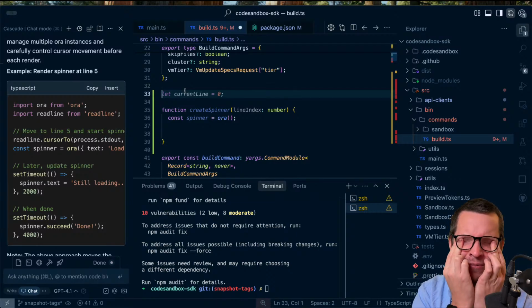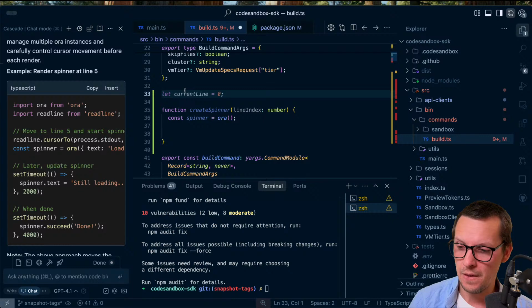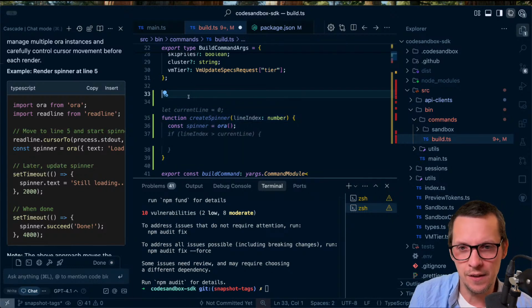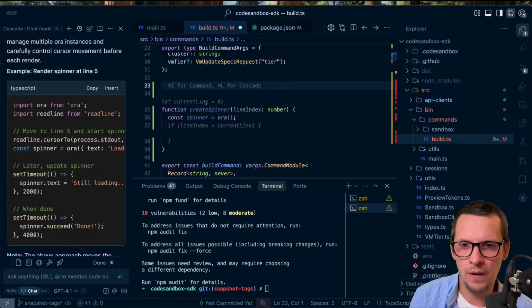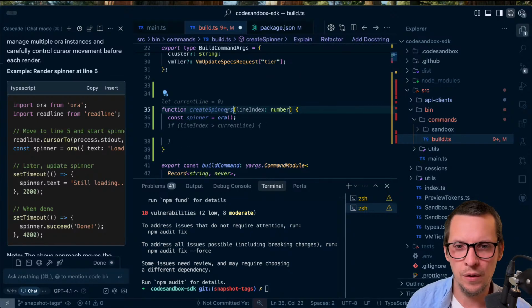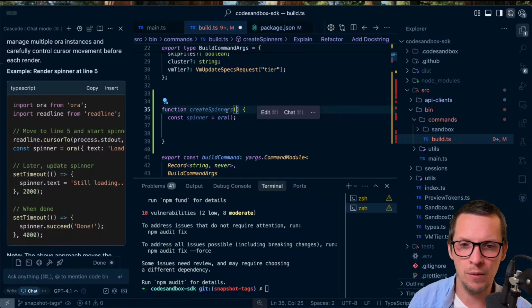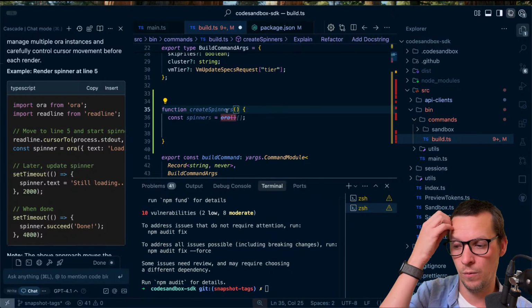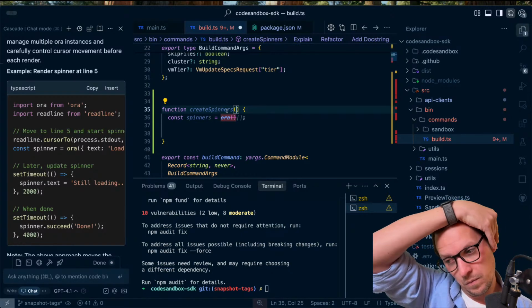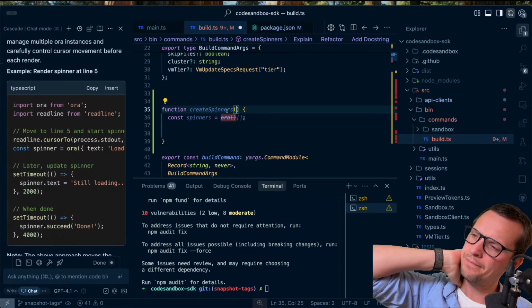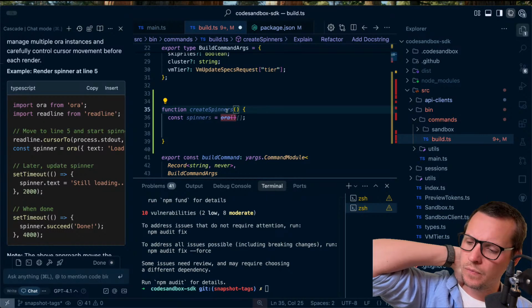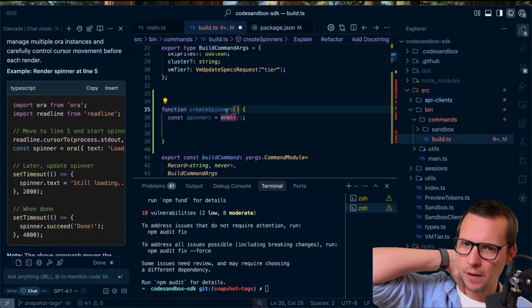No. When we start the spinners, we're in full control of the line. But I don't like this detachment of just creating a spinner. I think we need to call it create spinners, and then you say how many spinners you want. And then we need to keep the